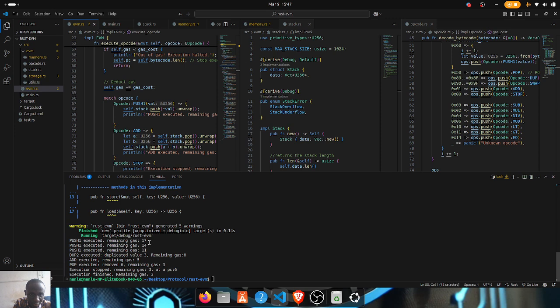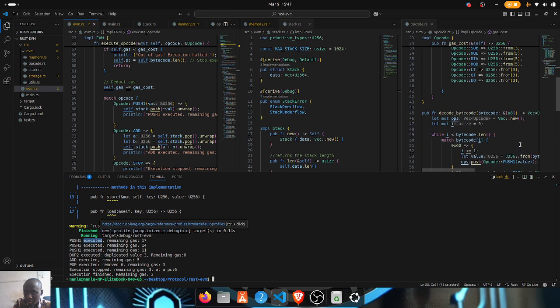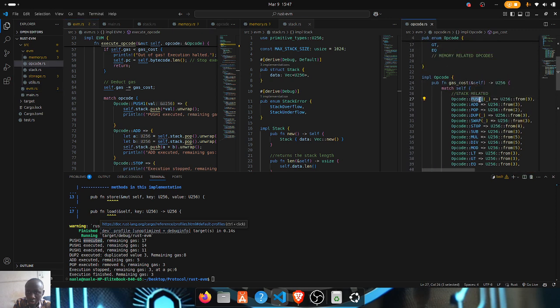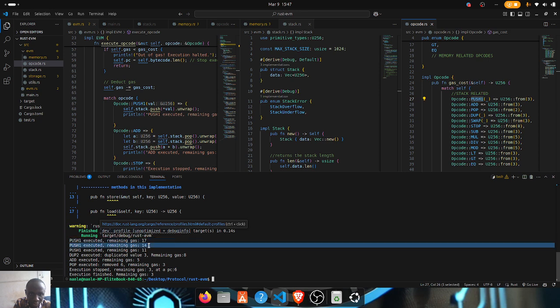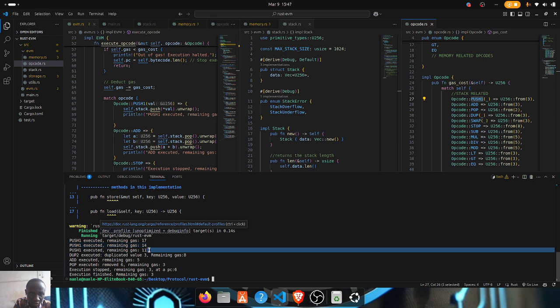At the moment, remember, the total amount of gas is 20. The first instruction, push 1, is executed, and from what we defined here, for a transaction that involves push, the amount of gas that burns is 3. So when we burn 3 out of 20, we have 17 gas left. The next push burns another 3, we have 14 left. The next push burns 3, we have 11 left. And the bytecode now executes the dupe2